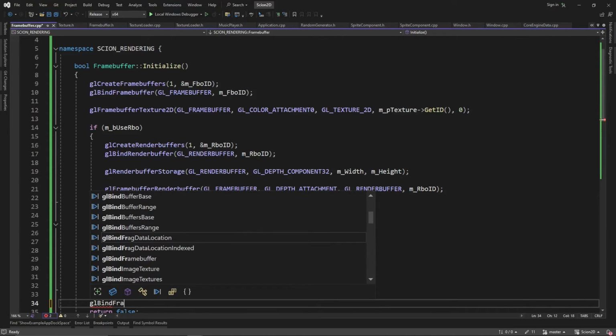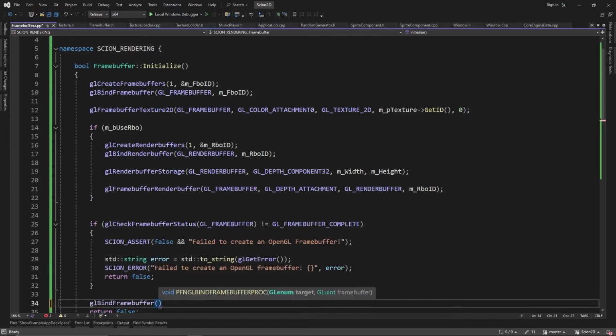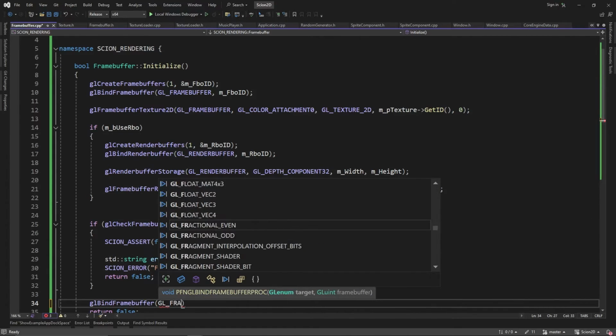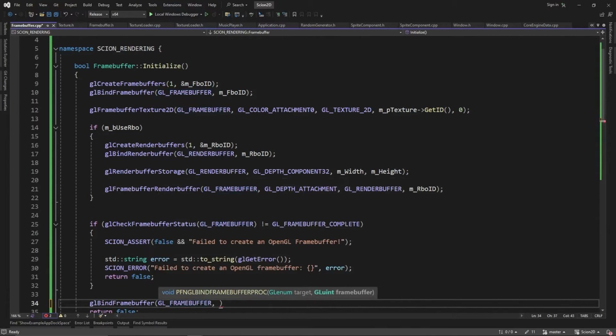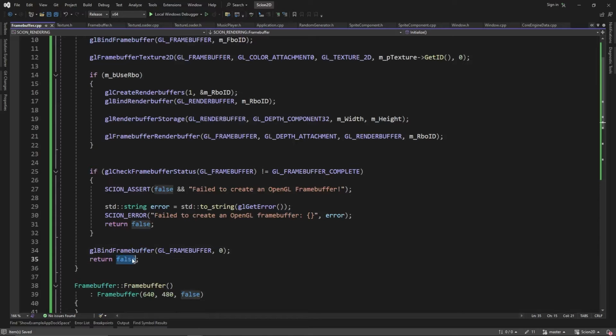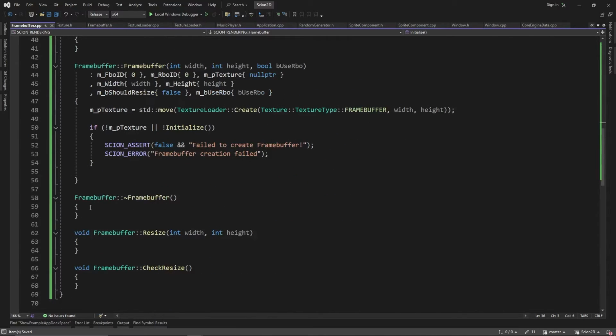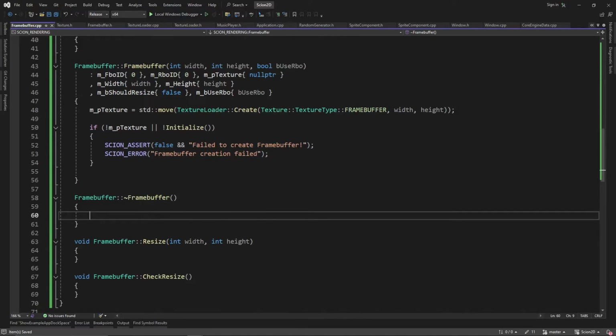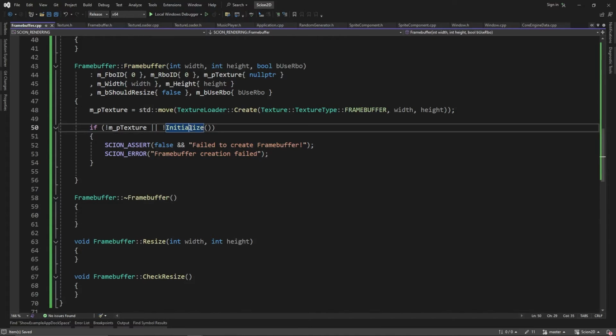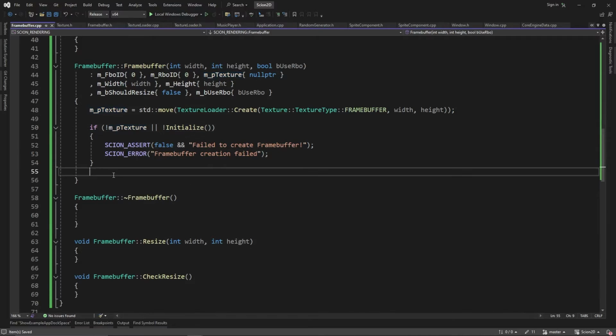Bind frame buffer, that will be GL frame buffer, and that's going to be 0. And then return true. Let's go down a little bit. Return true. All right, cool. And down here in our destructor, we'll just do the destructor now. It's pretty straightforward. So now if we initialize and we have our texture, we should actually have a valid frame